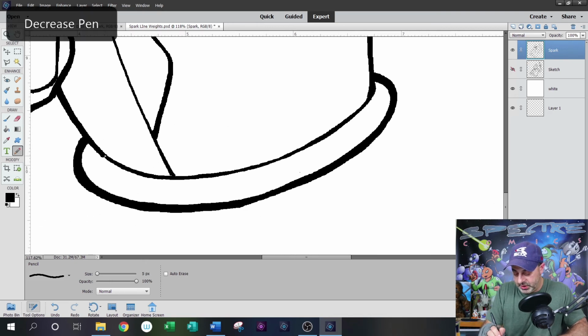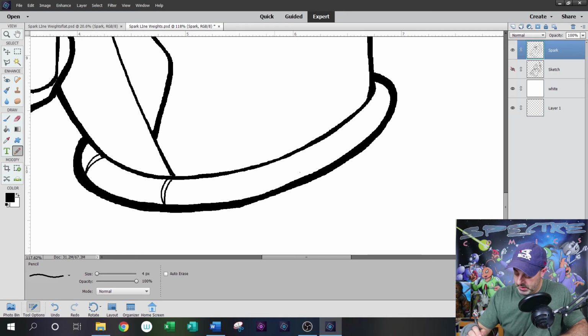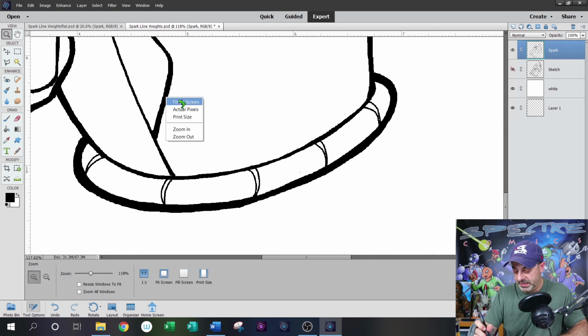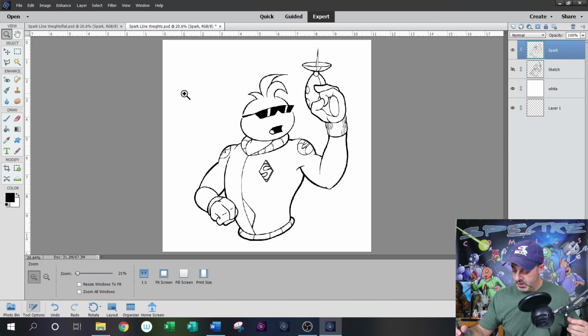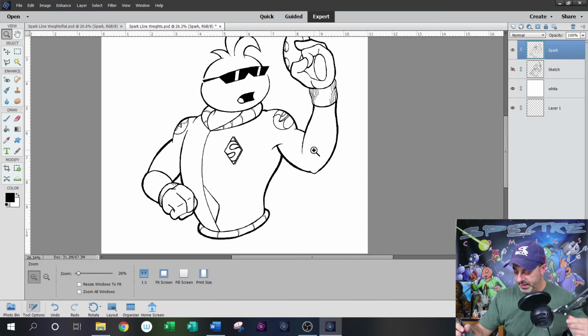And then we're going to add just some detail to the waist area. Again, a much thinner line because it's detailing. And again, forgive my sloppy line work as I go quickly through this drawing just to make the video not too crazy long. So this is the drawing with the line weights. Again, I could have probably